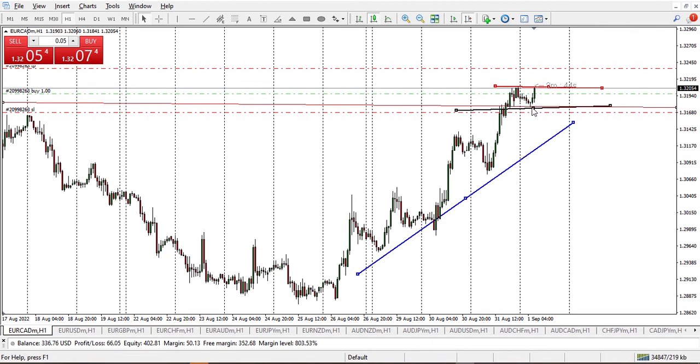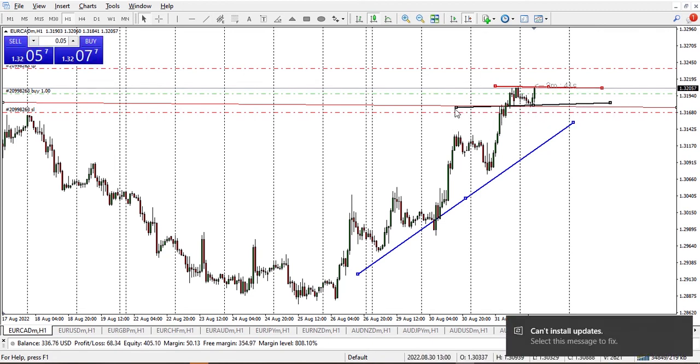The new break line level is around here. But guess what? I have good news to tell you. The good news is this market actually can be an upward trend for a good long term, and I'll tell